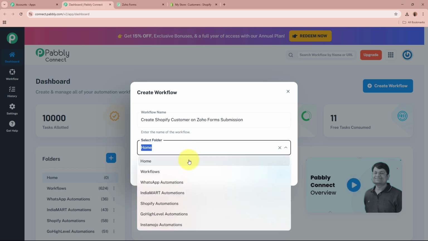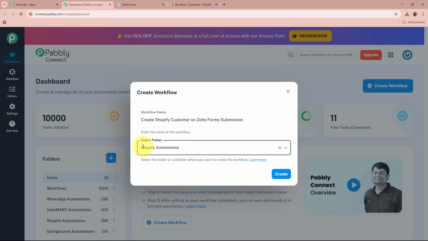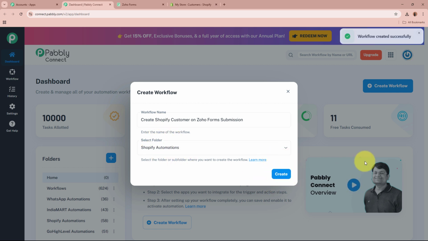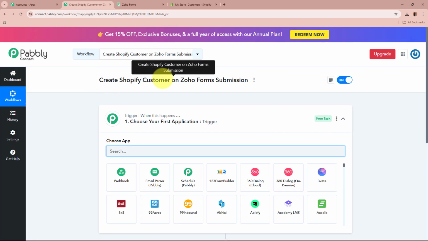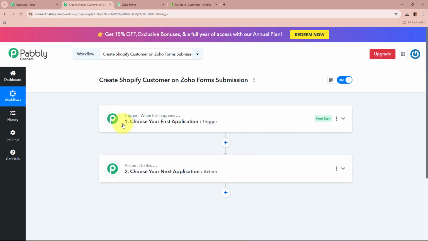For that, click on this drop down. These are the folders from which I'm going to select Shopify Automations as the folder I want to save this workflow in. After giving the name to the workflow and selecting the folder, I'm going to click on this Create button in order to create a workflow. A workflow is created in the name of Create Shopify Customer on Zoho Forms Submission,